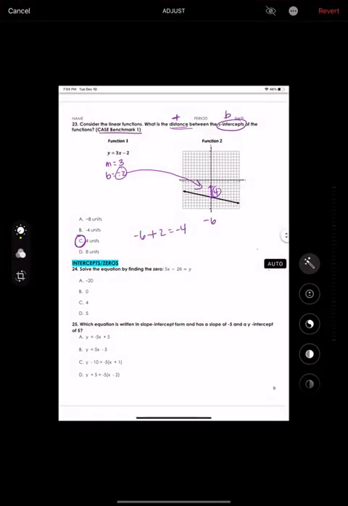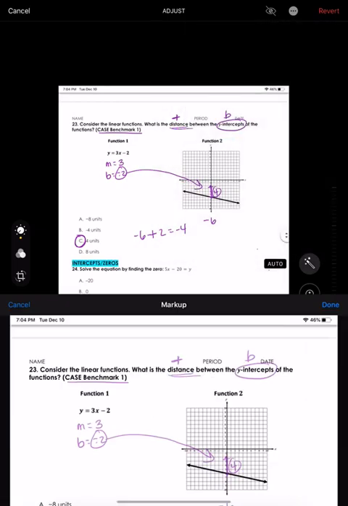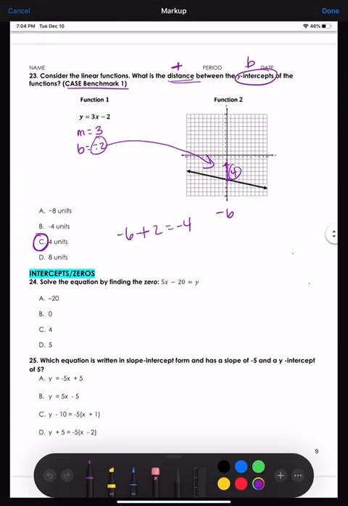All right, guys, so here we are going over the next section, which covers intercepts and zeros. So we're going to just take a look at this first problem here. It says, solve the equation by finding the zero. And so this one is not too tough, but it does require you to remember some vocab, which is the